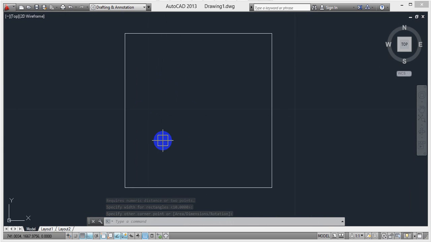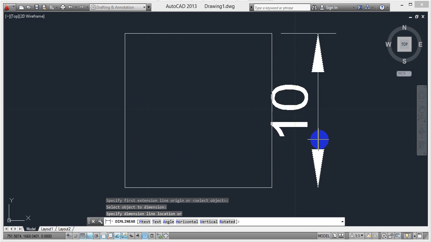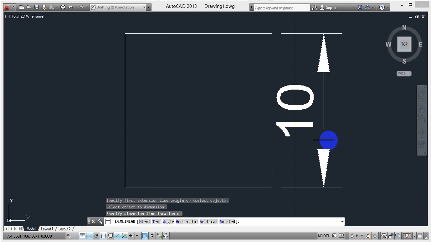Okay, a rectangle exists here, 10 feet by 6 feet. The 10 feet came as height.